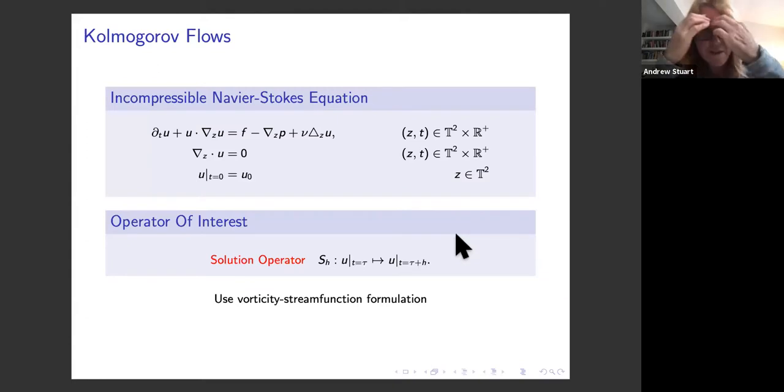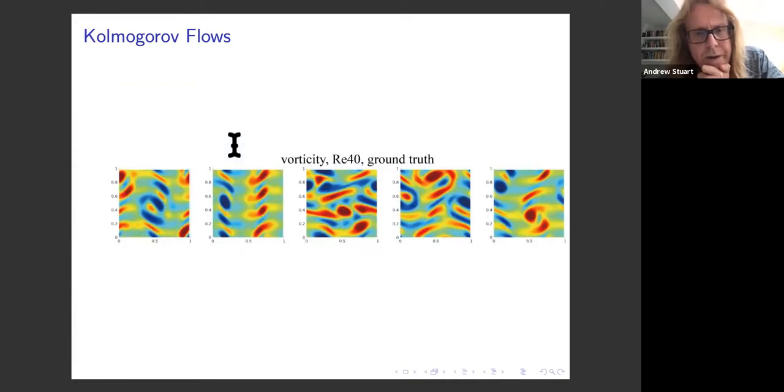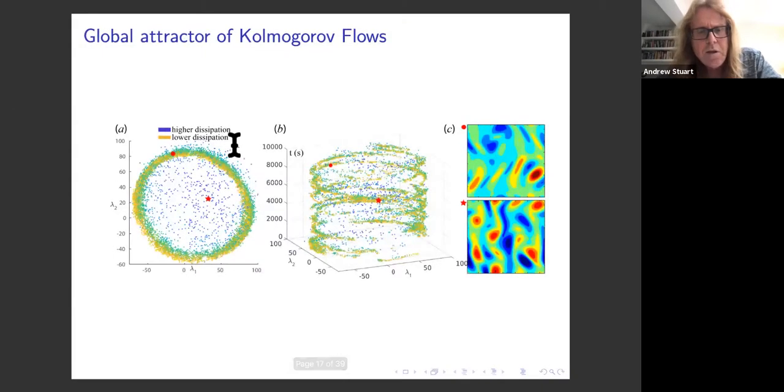So here's a quick example with the Navier-Stokes equation. This is the incompressible Navier-Stokes equation in 2 dimensions with a Reynolds number of around 40. The solutions in this regime are chaotic, not fully developed turbulence, but as you'll see, there is an energy spectrum as predicted by Kolmogorov, which is present at this level of Reynolds number. This just gives you some idea of what the solution looks like.